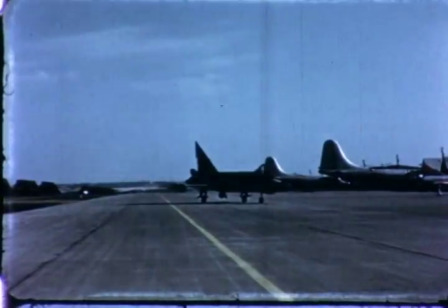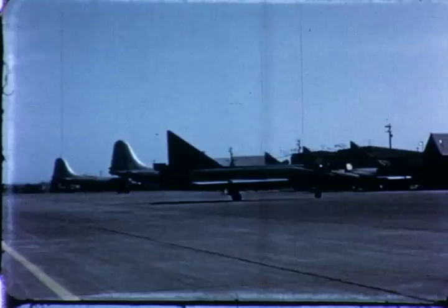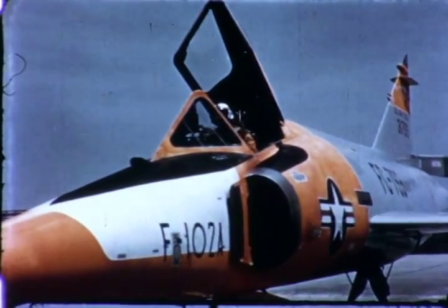With flight test assignments completed, the F-102s were flown to Fort Worth for conversion. The program was a joint operation of the contractors' Fort Worth and San Diego plants, supported by the San Antonio Air Materiel area. As each aircraft arrived, task teams made initial evaluations of the aircraft's history and inspected and